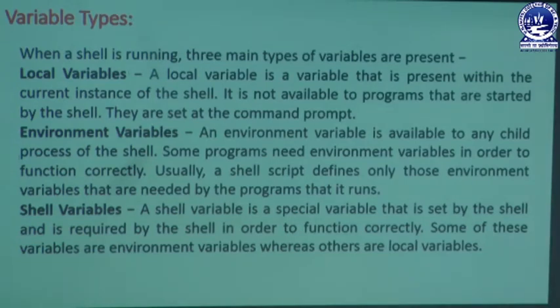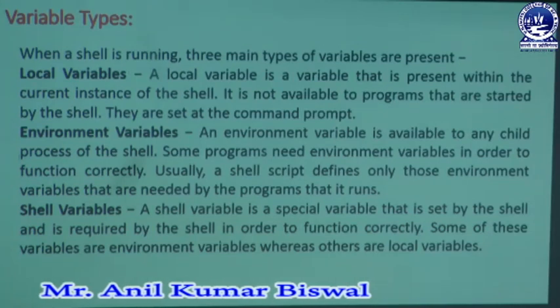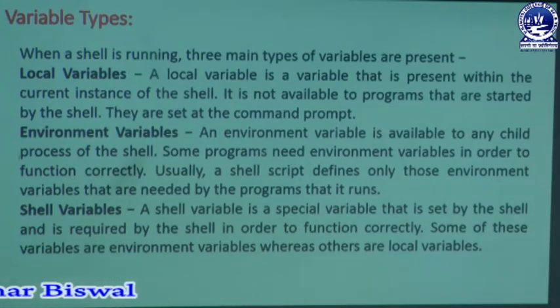Environment means it may be accessed outside a specific environment. An environment variable is available to any child process of the shell, because you know that an environment variable is one type of global variable, and it may be open to access in every scope of a program. Similarly, in the Unix operating system, environment variables are equivalent to that. The variable is available to any child process of the shell. That means any child process may access these variables in our shell programming.